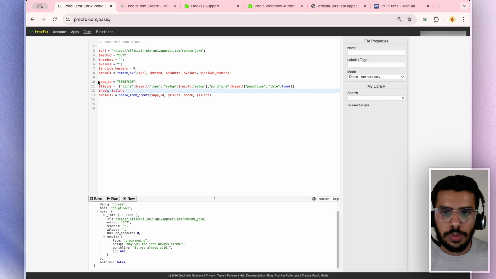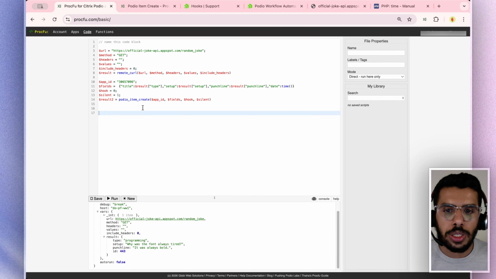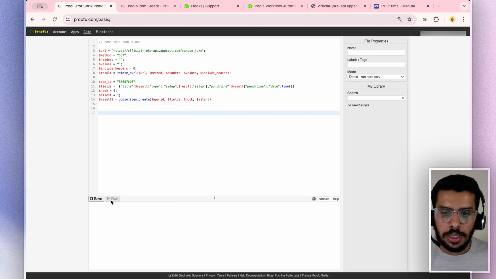And then it is asking for hook. Hook is going to be no. And then is it going to be silent? Yes. These are other parameters. You guys can eventually figure it out when you need to. Now if I run this,